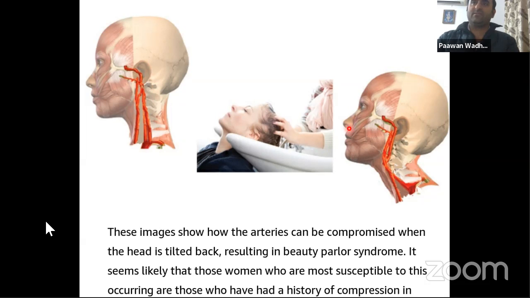But once in the beauty parlor, all you ladies, you must be going to your beauty parlors, and you know what happens when she does this to you? All your blood supply cuts off. And you may even die, or you may even get a bad vertigo, meaning चक्कर आ जाएंगे आपको